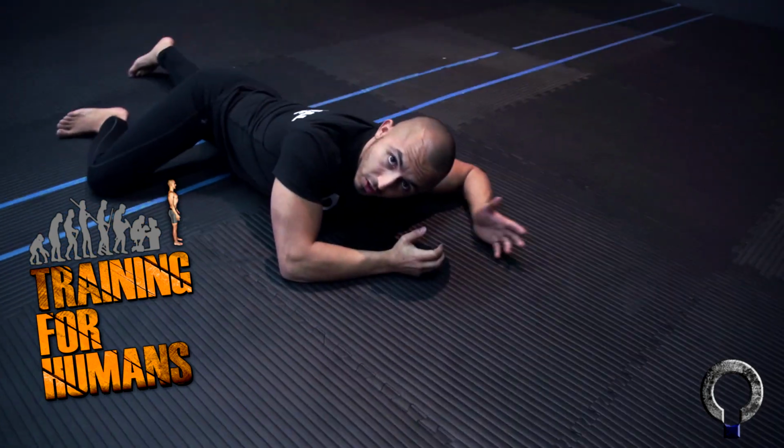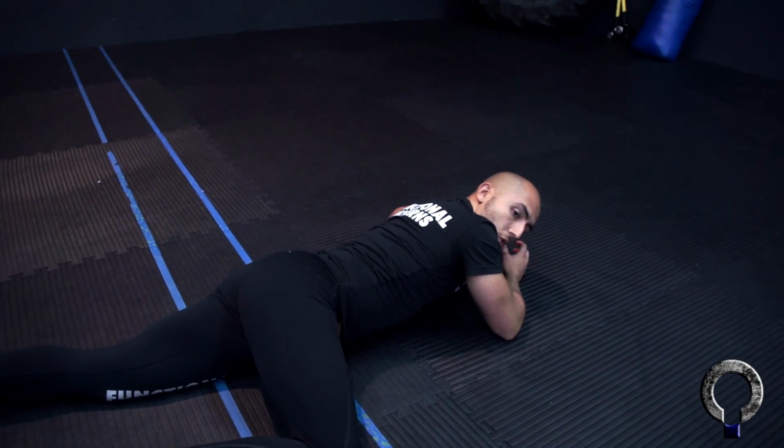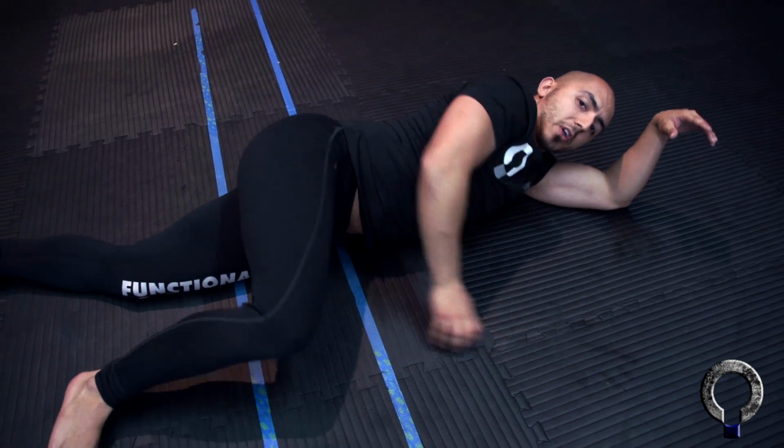A lot of times the best thing you can do is just nothing at all in this situation. Let gravity take its course, and within time the body will make those adaptations. So I'll usually sit here for about 3-4 minutes at a time, then I'll switch,